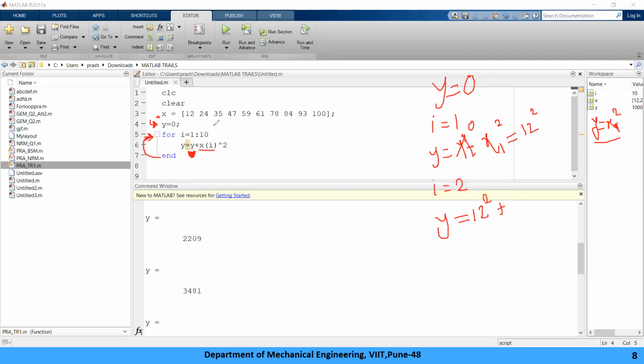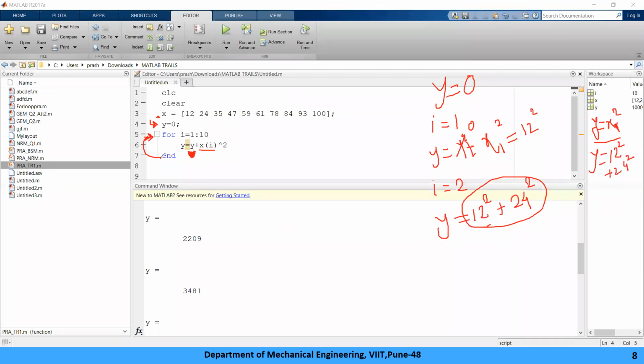So how much is x of I? x2, मतलब 24, so 24 का square. So this amount will be stored in the memory instead of 12 का square. Now it will become 12 square plus 24 square.